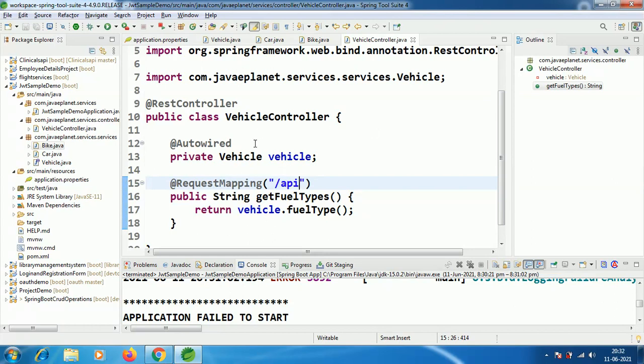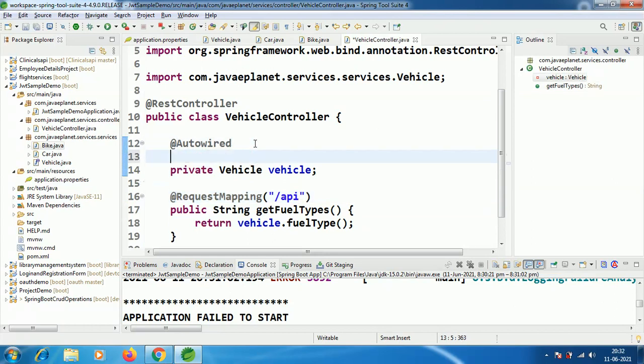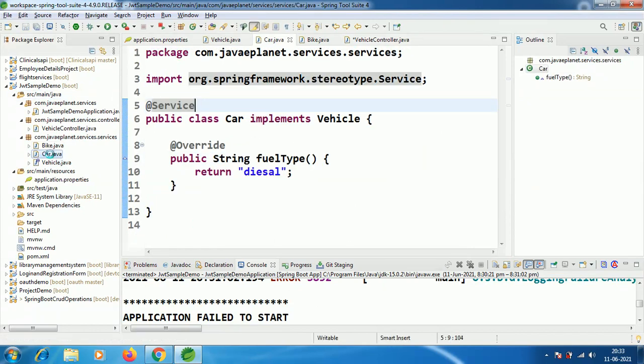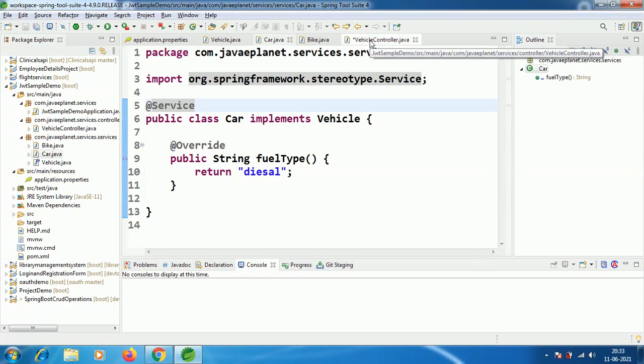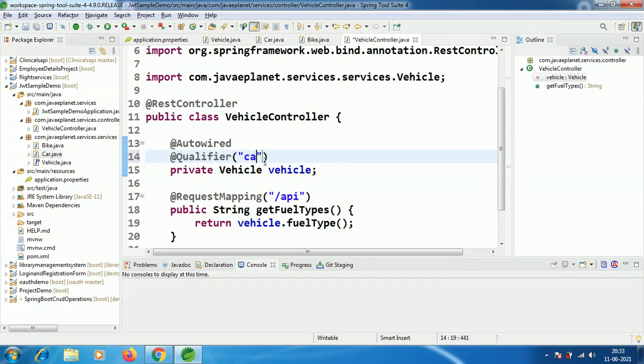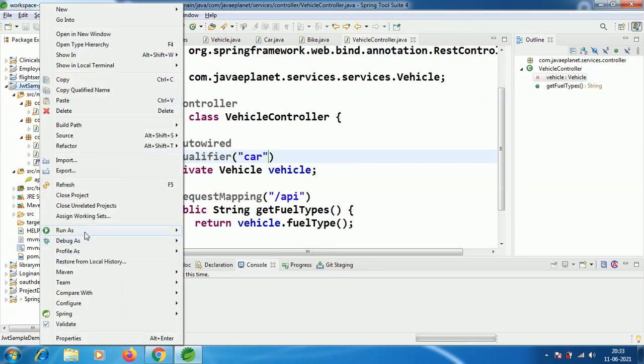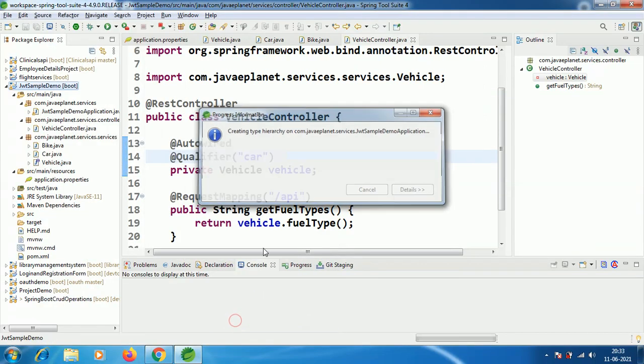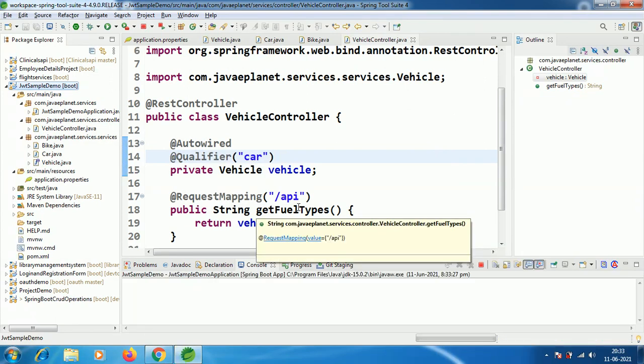Let me add @Qualifier. I'm taking this as car. Now let me run the application. Run as Spring Boot app. Let me check the output now.